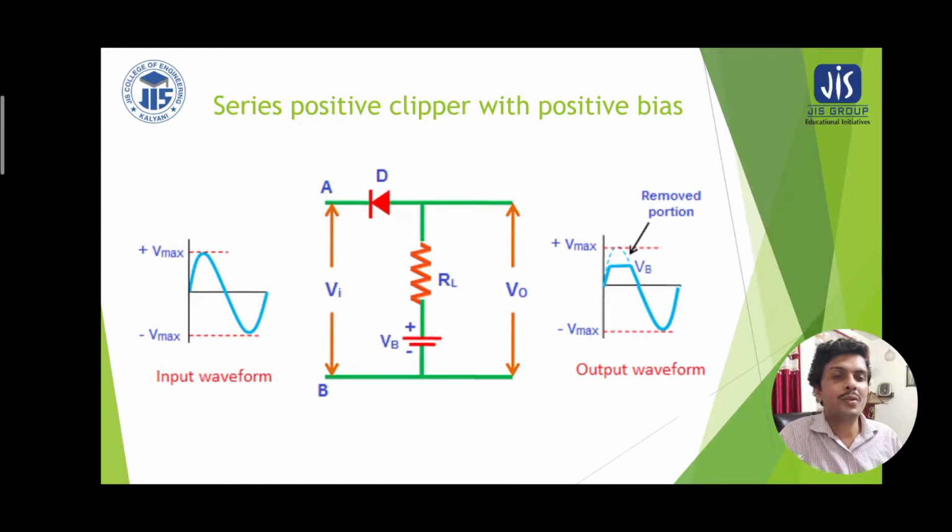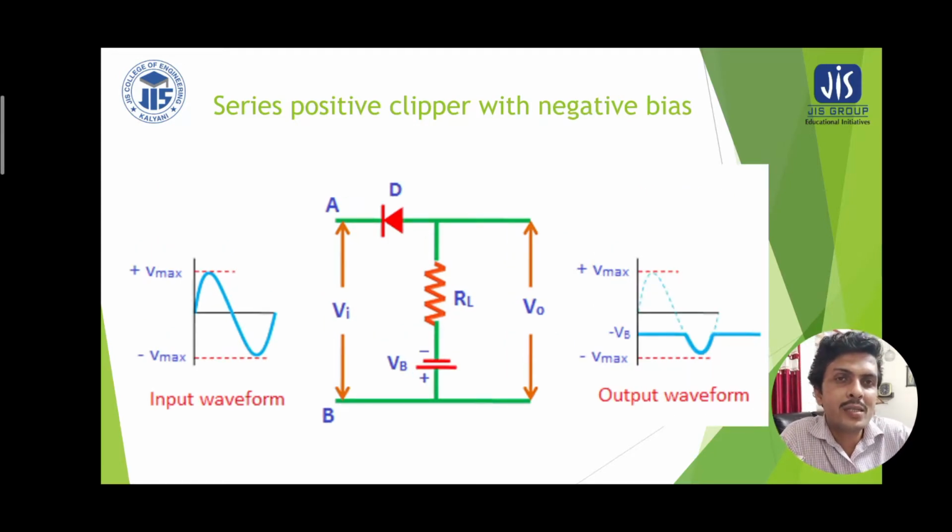So it is very much clear that the input signal has not been completely chopped off in the positive half cycle, but a little amount of the positive half cycle has been chopped out because of the presence of the bias voltage. So the bias determines the threshold. If we increase the battery voltage, the amount of clipping of the positive half cycle will be reduced, and it will be increased if we reduce VB. The more we reduce VB, the more of the positive half of the input will be chopped out.